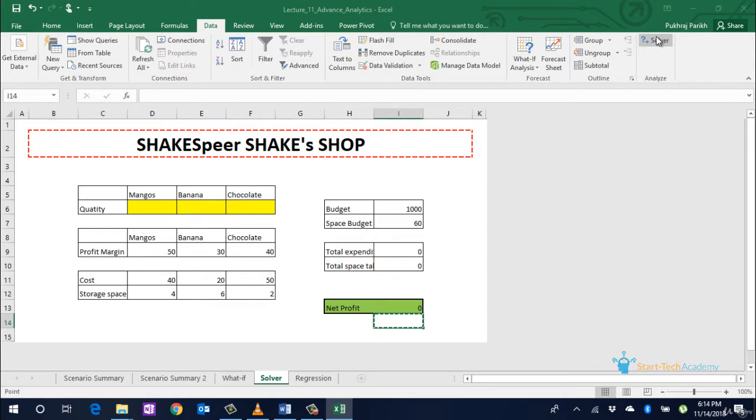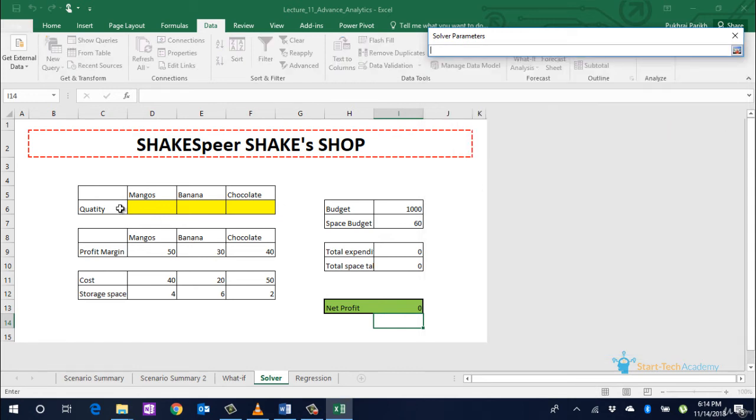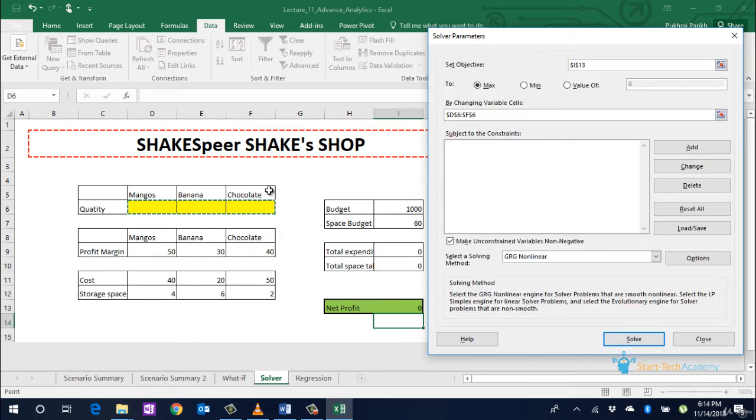You click on solver. The first thing it asks you is the set objective. What do you want to achieve? So I want to get this value and I want to maximize it. So this is selected. By changing variable cells, these three are my variable cells. And what are the constraints?